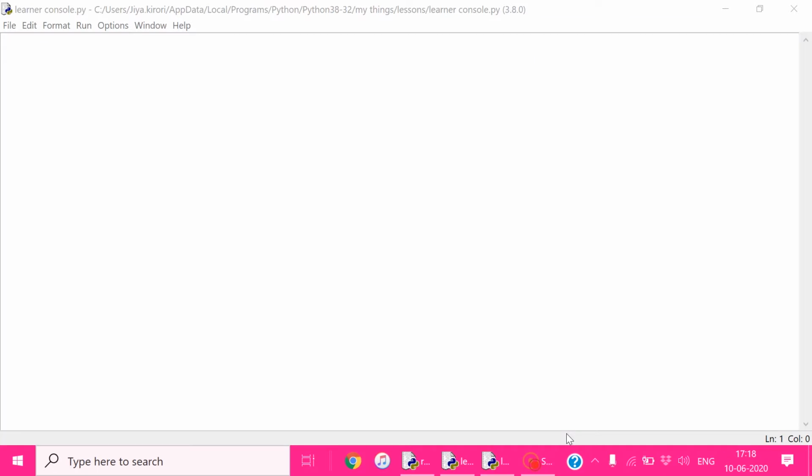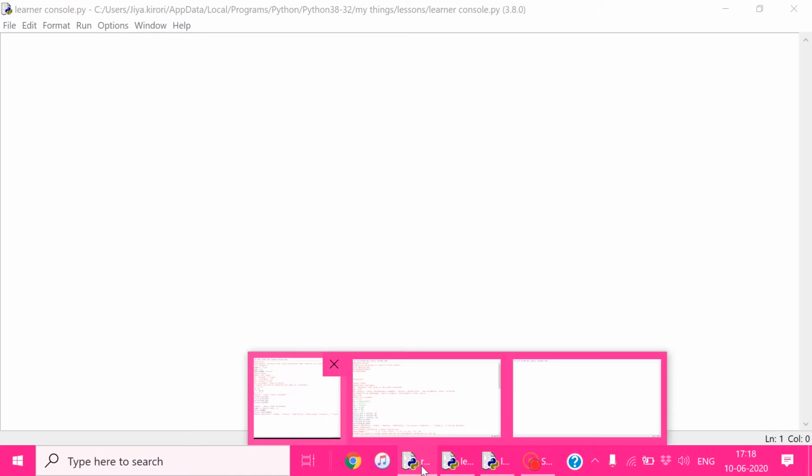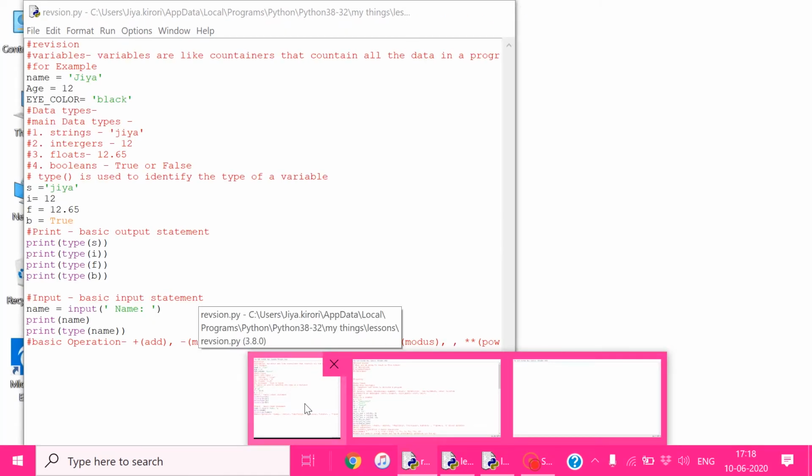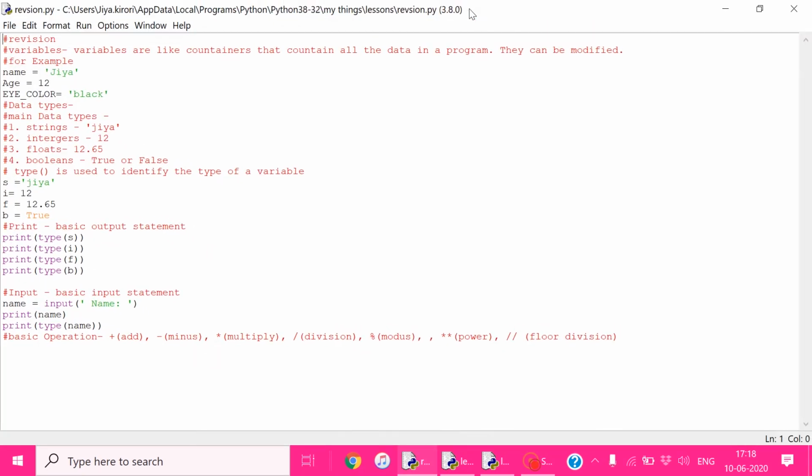So as we know, right now we are learning Python 3. So let's start with some revision of what we learned in lesson 1. Revision. We learned about variables. Variables are like containers that contain all the data in a program. They can be modified, and these are a few examples of